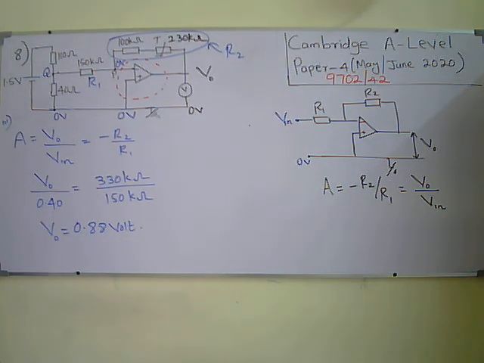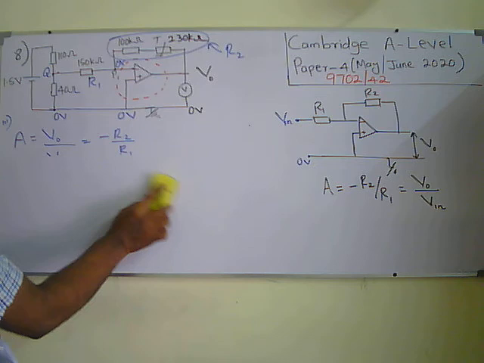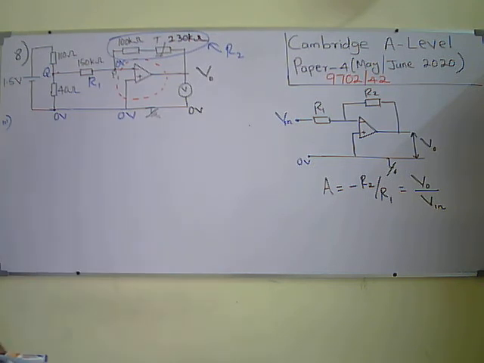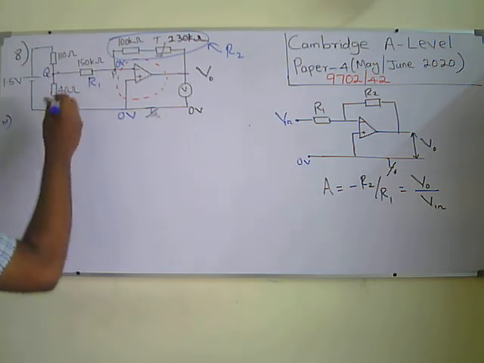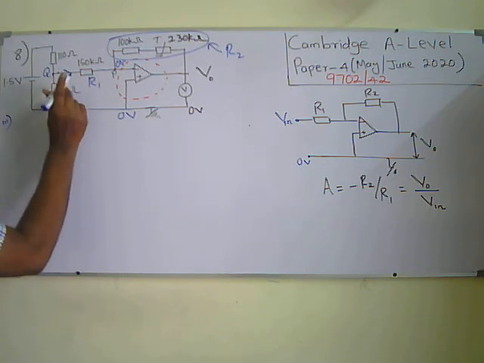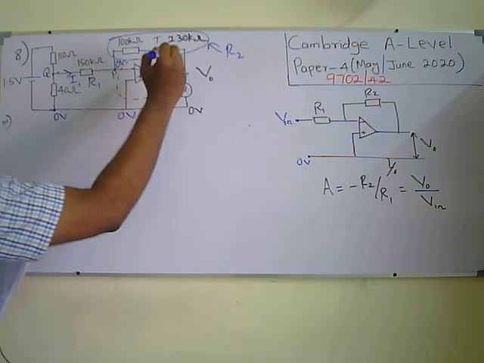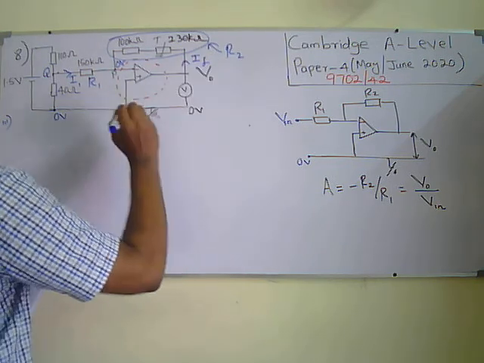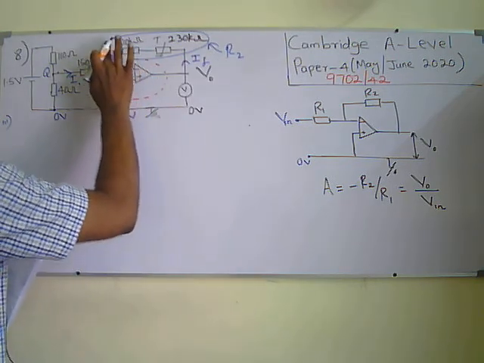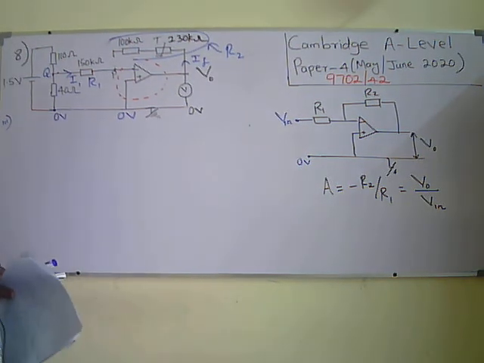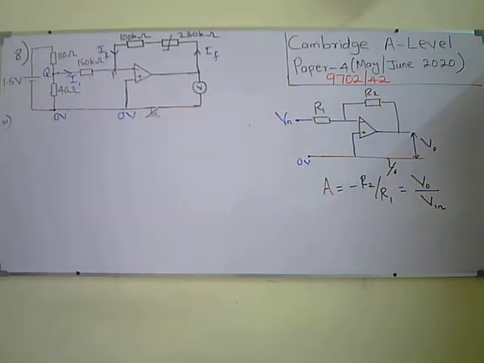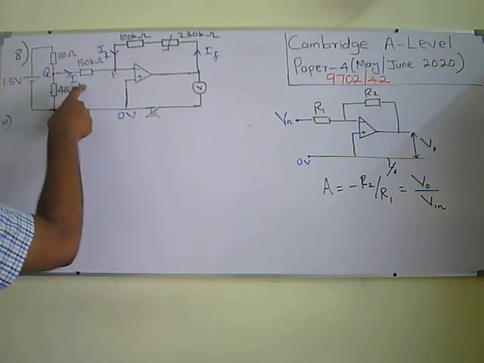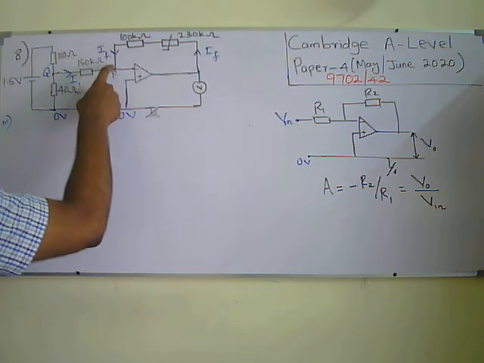Second method, I can consider like this, the same question, same part. We know the input current. So here I can say input current I1, the feedback current IF, right? So I'll erase these parts. One minute. Okay, so second method I can do like this. This is the input current I1, this is the feedback current IF.